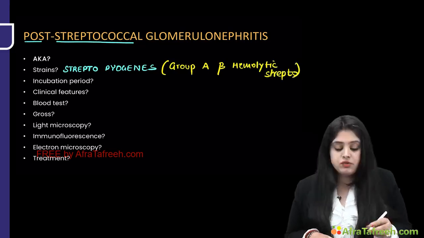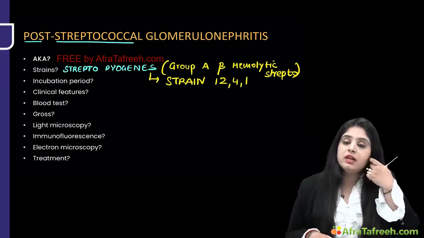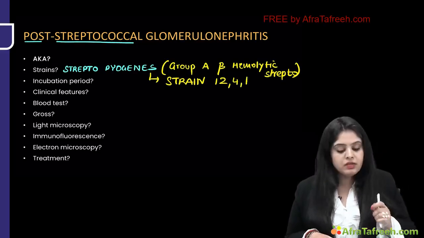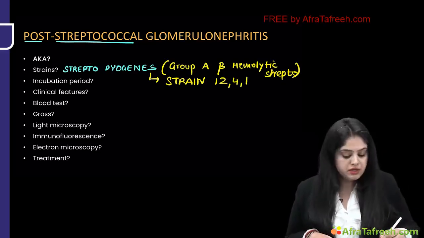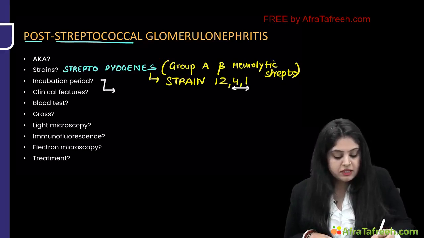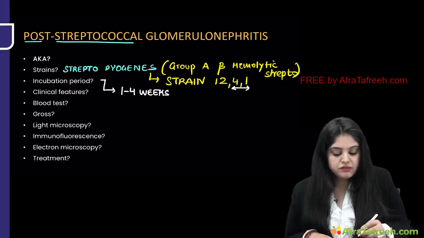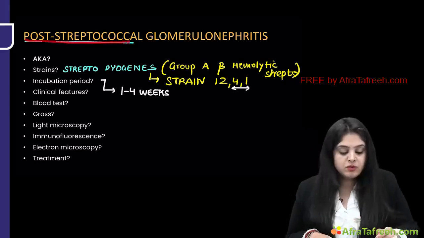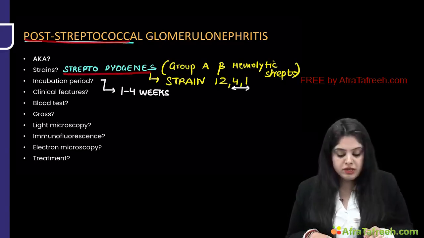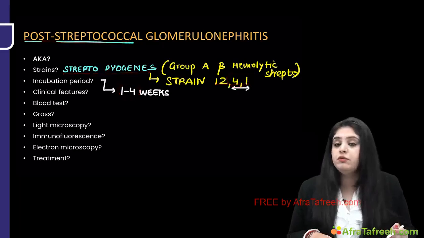So they ask you what strains. The strains are going to be 12, 4 and 1 in the same order. And let me tell you, from this only I can derive the incubation period, because from 12, 4 and 1, if you take the last two numbers, the incubation period is going to be 1 to 4 weeks. So repeating once again, post-streptococcal means streptococcal pyogenes. Strains are going to be 12, 4, 1. Take these two numbers out of it. It's going to be 1 to 4 weeks as the